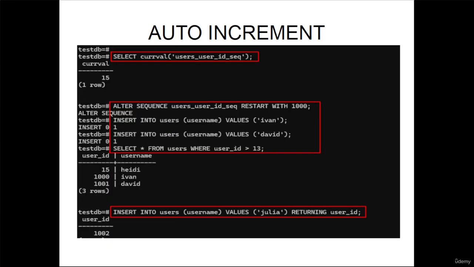You can view the last inserted value: SELECT currval('user_id_seq'). To reset the sequence: ALTER SEQUENCE user_id_seq RESTART WITH 1000. INSERT INTO users (username) VALUES ('Yvonne'); INSERT INTO users (username) VALUES ('David'); SELECT * FROM users. Output: user_id, username: 15 Heidi, 1000 Yvonne,